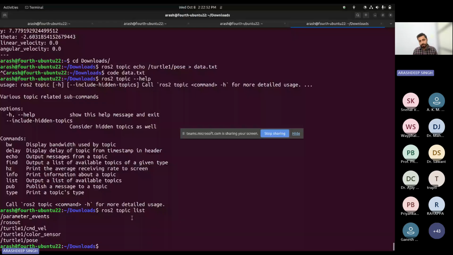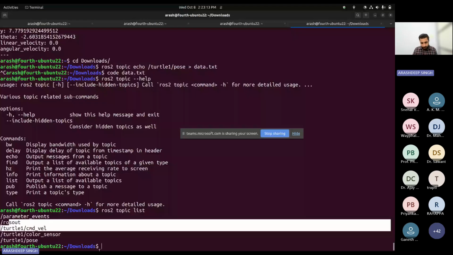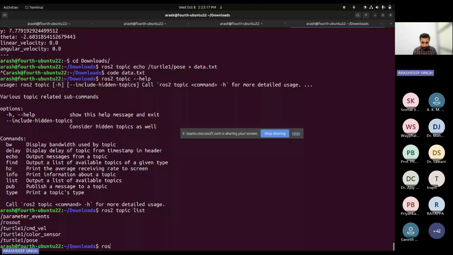So while publishing, as we are publishing a message, and we have already seen that a message has a particular type of data structure, we need to abide by that data structure while publishing. So let's check what type of message this command velocity topic has and what its data structure is. So for that, ros2 topic